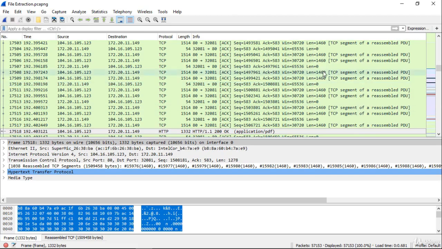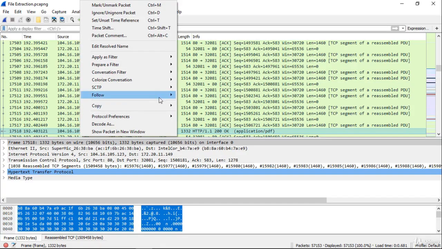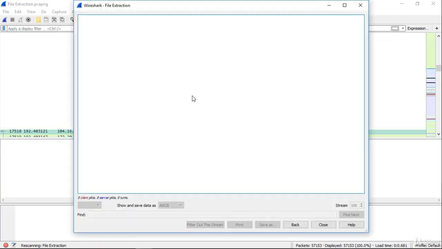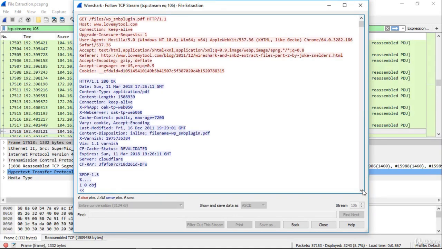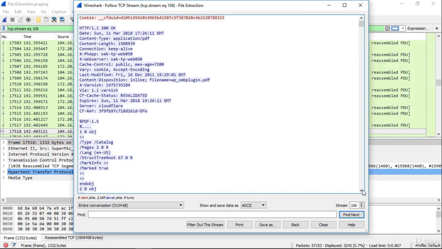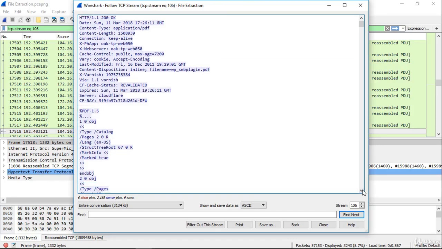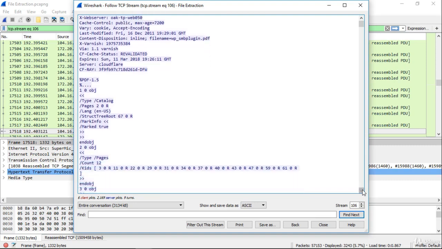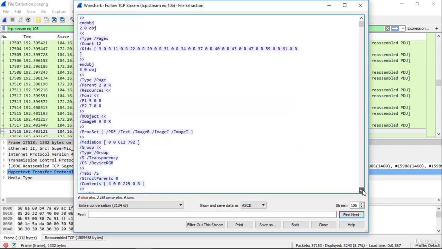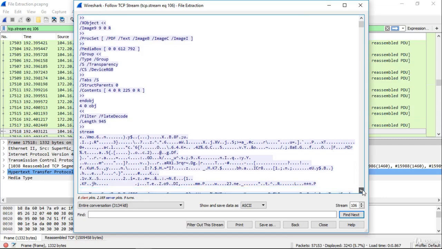What we would do is get in here where the file's at, this application PDF packet is 17,518. We right click it and we follow the stream. Either one, TCP or HTTP, is okay. And as you see here, that %PDF actually represents the header of the file. So you have to go from the header of the file to the tail of the file. And that's where it gets a little tricky, because in this case, there are 4 different possibilities for the tail of the file. But as I scroll down here, you can see we've got the file contents,